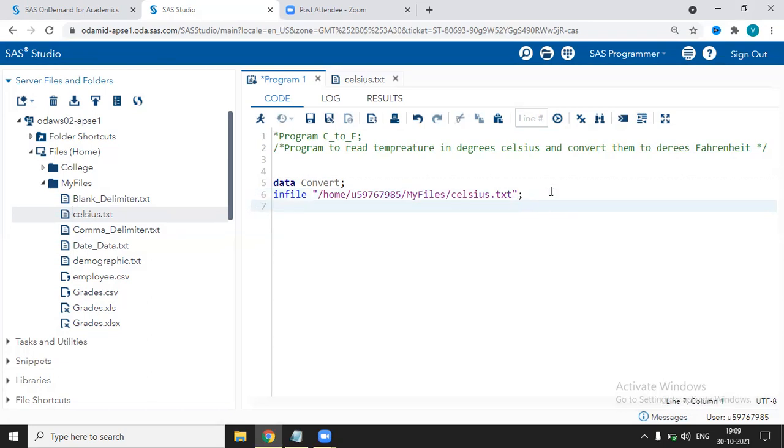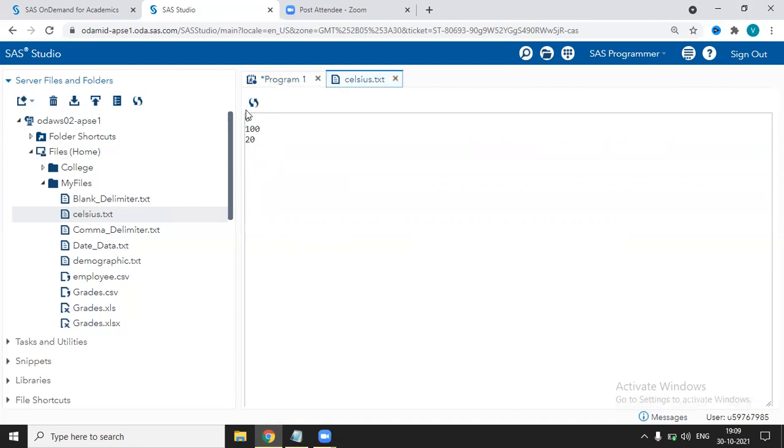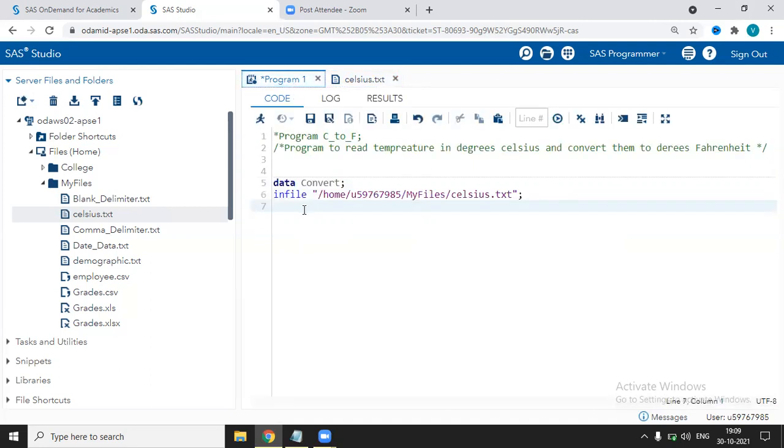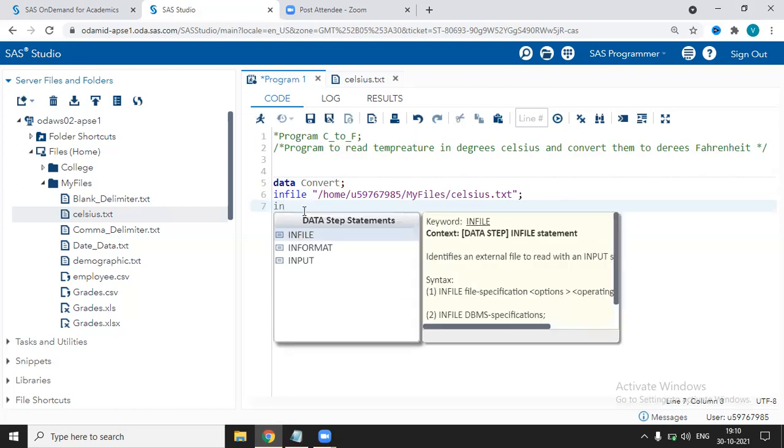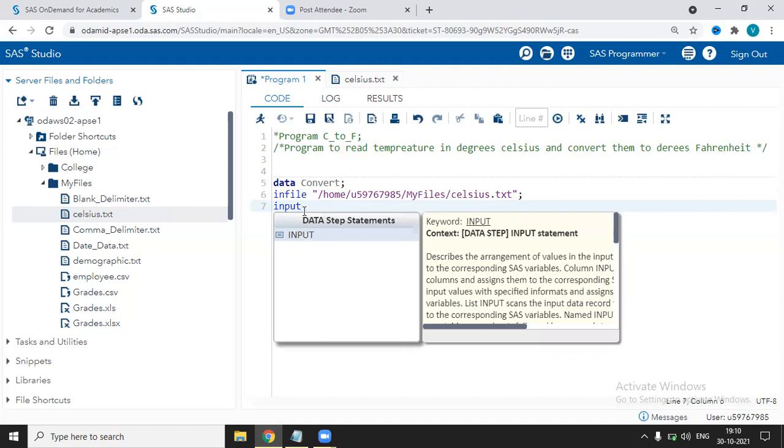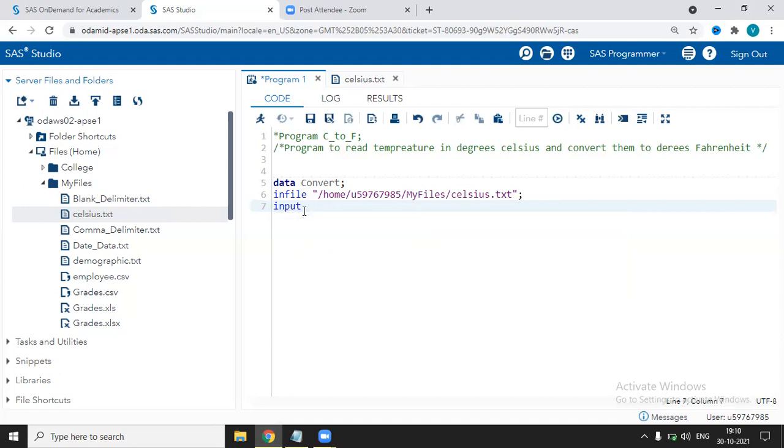Moving on to the next line, now we have given the location of the file. In this Celsius file, we just have one variable, that is a degree Celsius variable. So we have to give the variable name. For that, we have to write input. The command is input. In the input command, you have to give the variable names that are used in the data set.